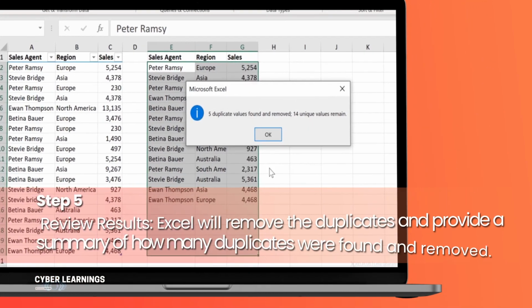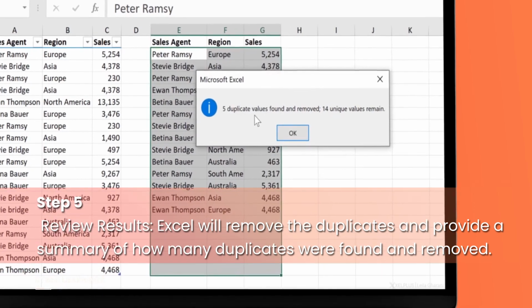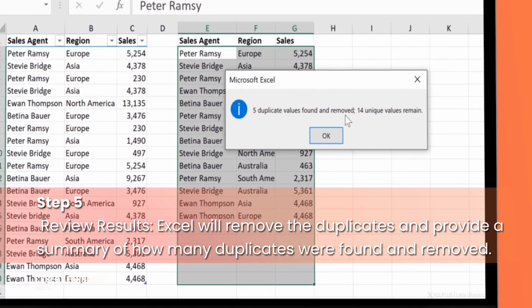Step 5. Review Results. Excel will remove the duplicates and provide a summary of how many duplicates were found and